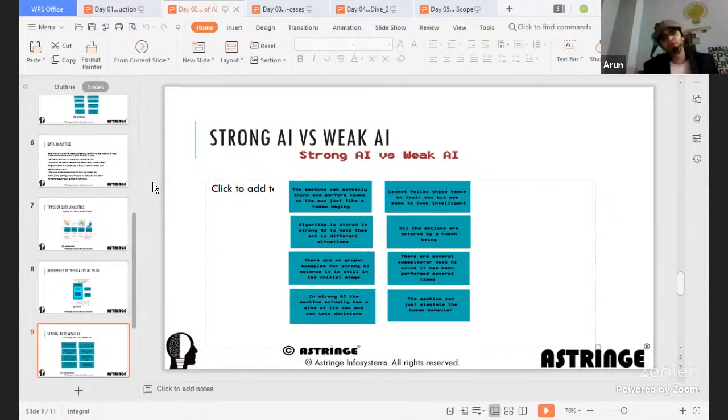Super intelligence is where, as of today, it doesn't even exist, and probably it may not even exist at all. That's what I feel. Meaning the AI tries to learn on its own, and probably it could reproduce on its own as well. Meaning it could create its own new version of AI and try to optimize its own accuracy every time.